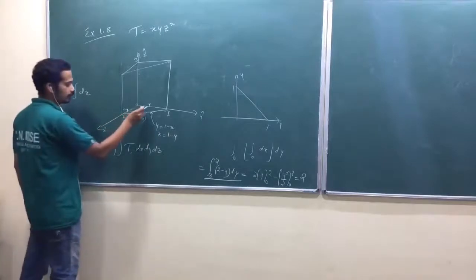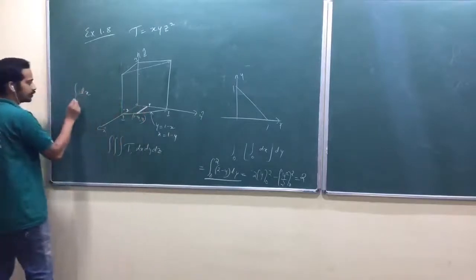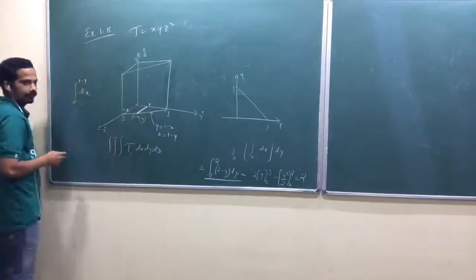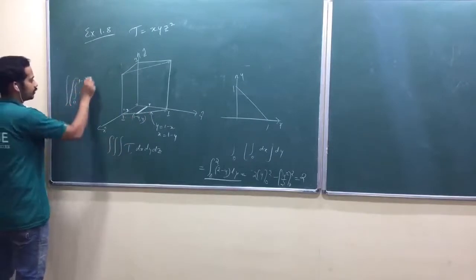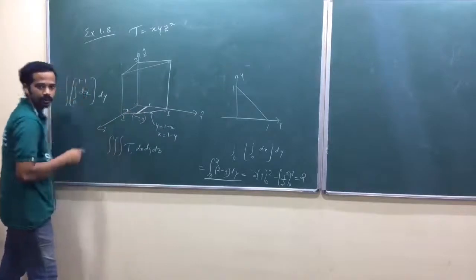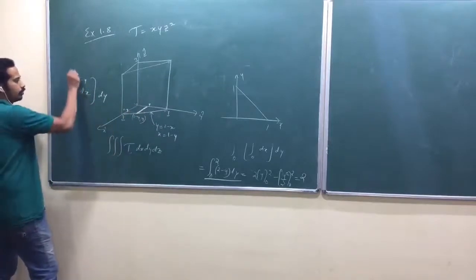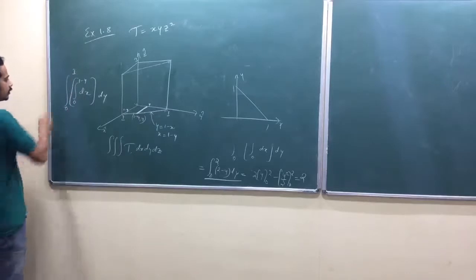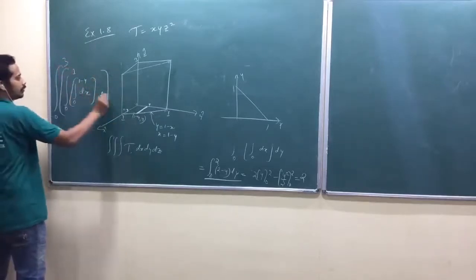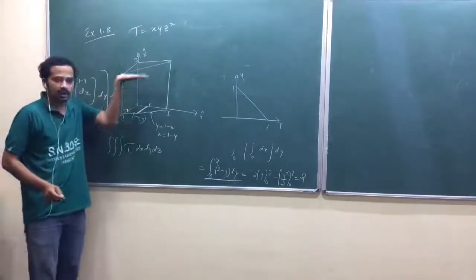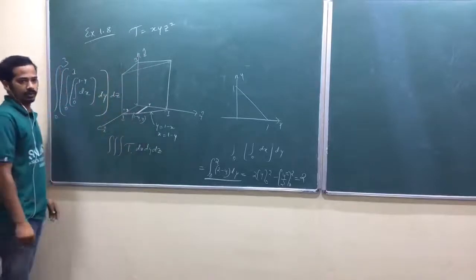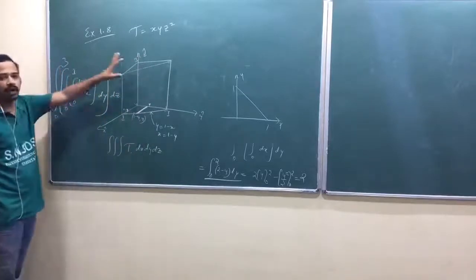So that's why, to find this length, I have to integrate x from 0 to 1 minus y, isn't it? Then you will get this length. Then you have to integrate that with respect to y from 0 to 1, so that you can sweep that toward that triangle, isn't it? Then you can integrate that from 0 to 3 with respect to dz, so that you can add those triangles one after the other, so that you will get the total volume. So this is how we can find the volume, am I right?